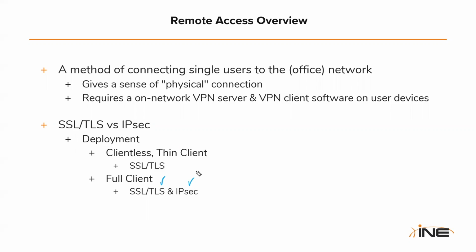A full client means that you'll have to install some dedicated software, which in case of Cisco is known as AnyConnect. So AnyConnect is going to do the second piece that we will need to build a tunnel. We need the software, and we need the server, the headend device,